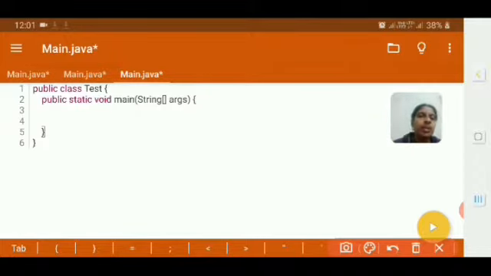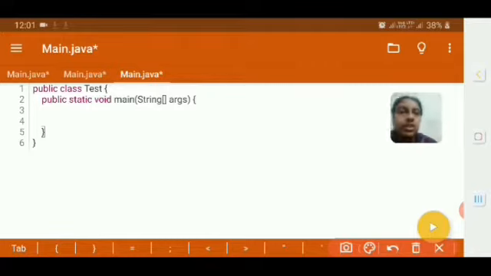Along with the main method, I have a facility like String args. That means I have an array. The name of that array is args, and the data type of that array is going to be string in nature. It's not going to be an integer or float. A group of characters is called a string. So when I am creating it, I will have a little space to store some values, through which String args I can use and store some values. We will see about that also in our upcoming classes, how to use those String args.